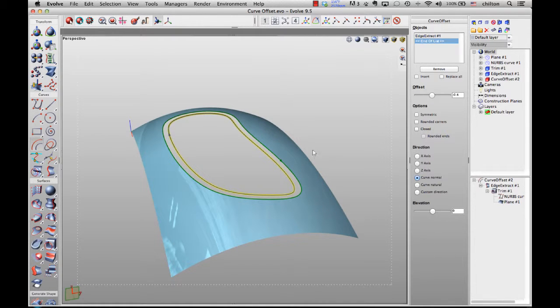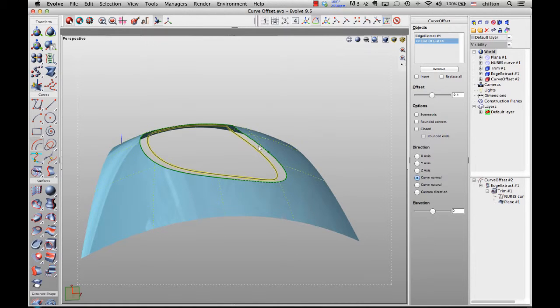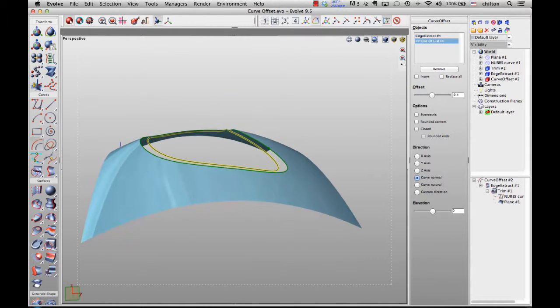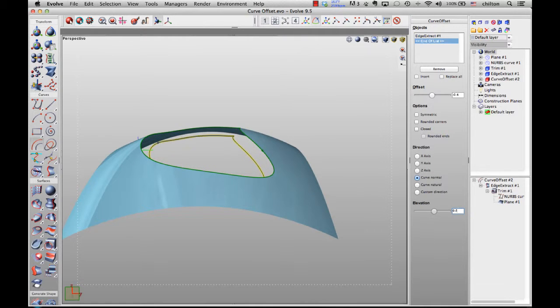So this can be kind of nice if you wanted to offset this curve and you want to create a surface that's going to come down from here. Instead of having to copy and paste this curve or delete the construction history, you can leave this curve directly in construction history and just use the elevation to change its position relative to the original curve. So I'll move it down,